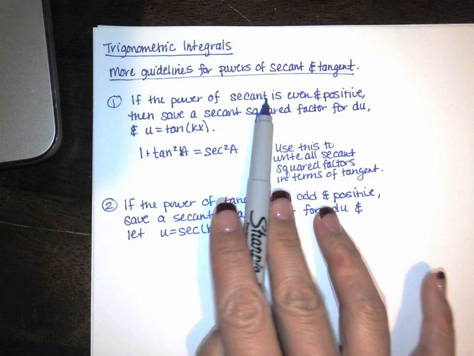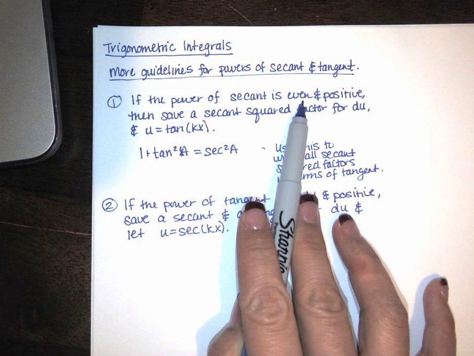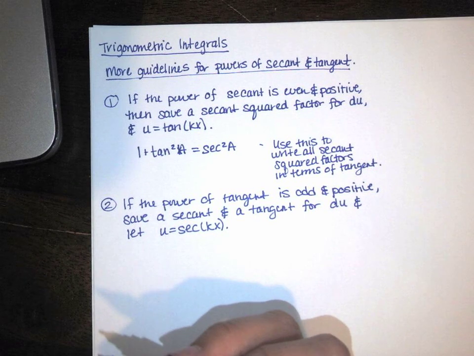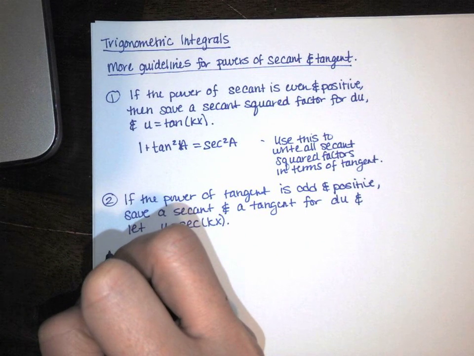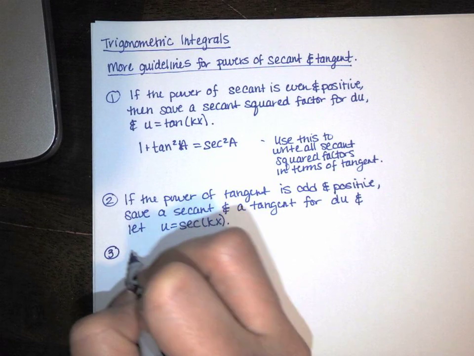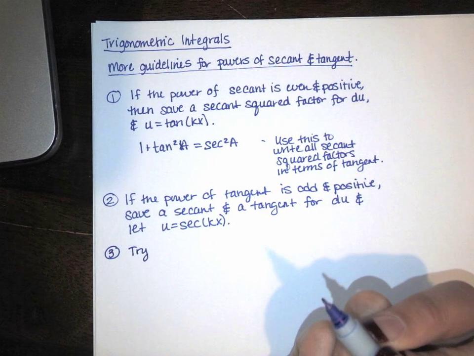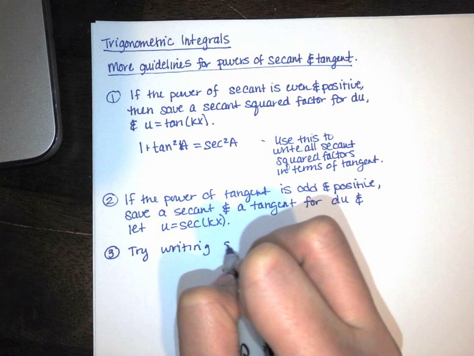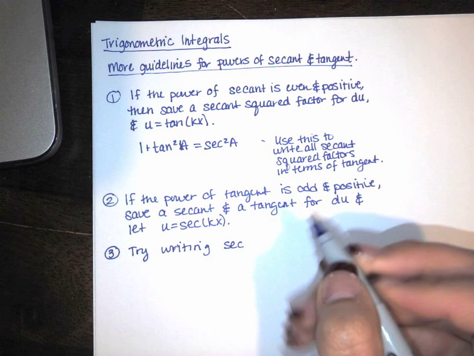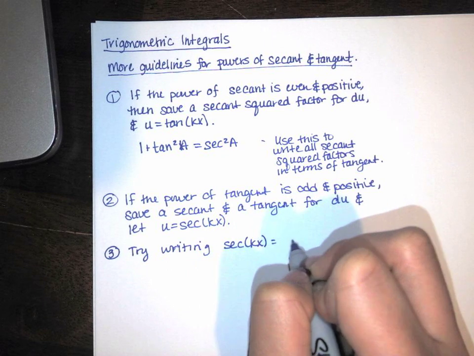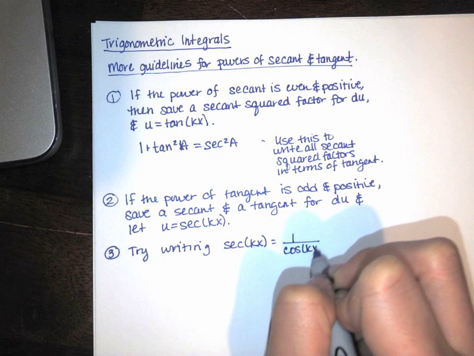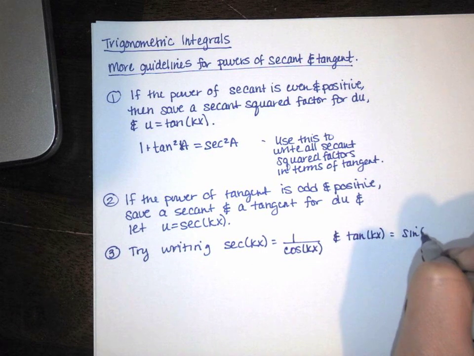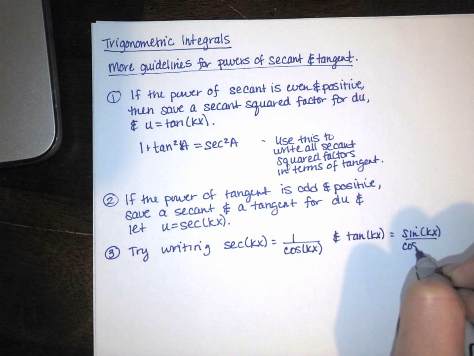If the power of secant isn't even, but it's odd, and the power of tangent isn't odd, but it's even, then we're going to have to do something else. Some possibilities are, you might try these. So you might try writing secant of kx as 1 over cosine, and tangent of kx can be written as sine over cosine. And simplifying from there,